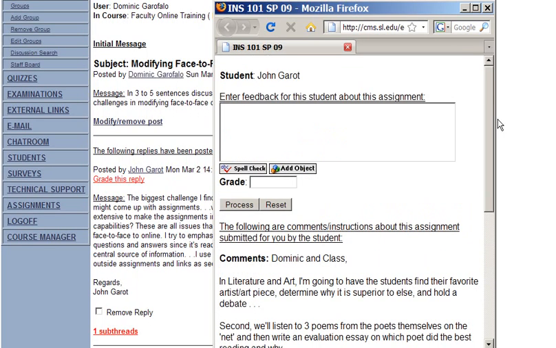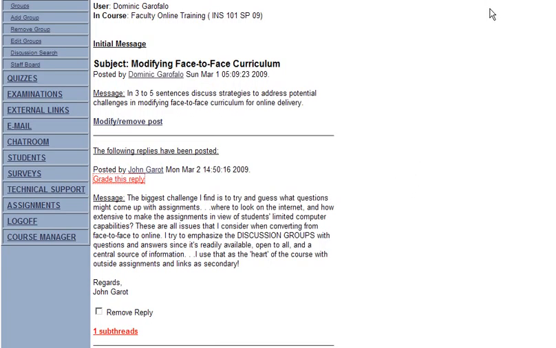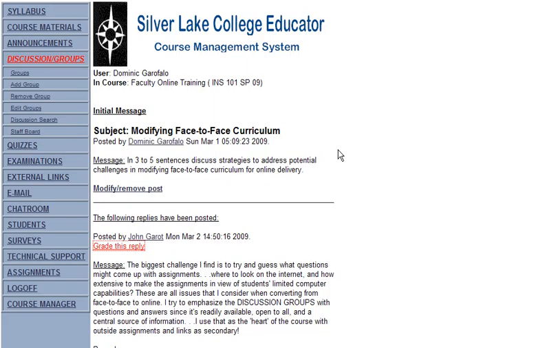Here I'm just going to say nice work on this post, John. And then I will enter his grade here, 100%. I will process that, and now John's post has been graded. Go ahead and close this window now. So that, in a nutshell, is the process of looking at the different discussions in their different views, and then being able to go in and grade